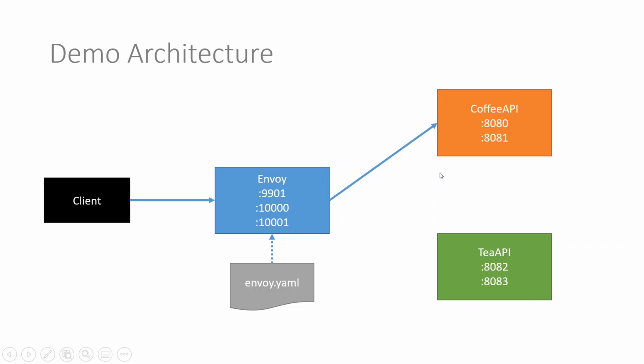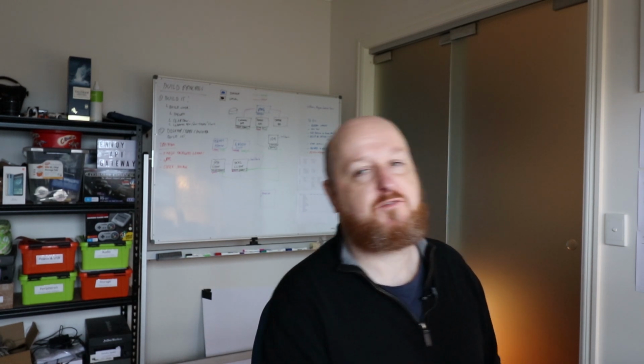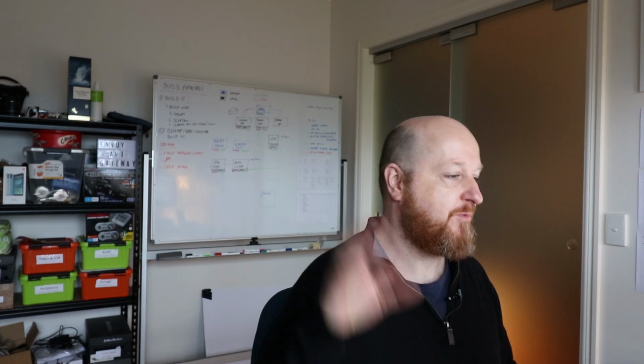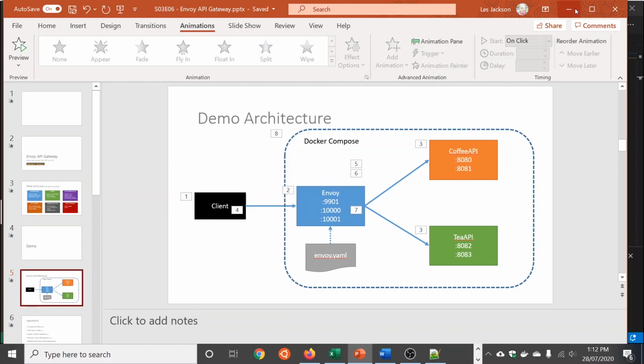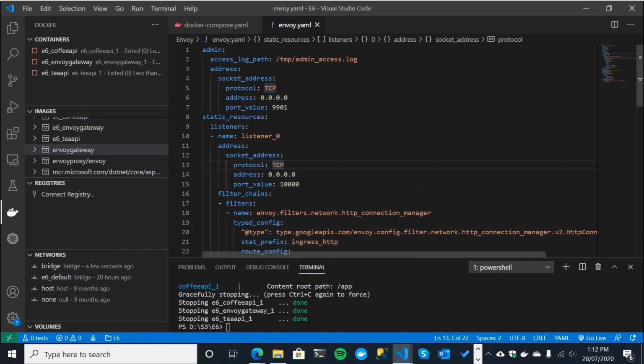So let's set up our coffee API first, routing to our coffee API first, and we're just going to be using plain old HTTP. The last few videos I've done have been on HTTPS, so I'm so used to saying HTTPS, but we're just doing plain old HTTP. All right. So we're really going to repurpose most of the config that we already have.